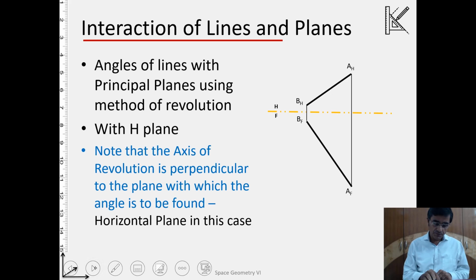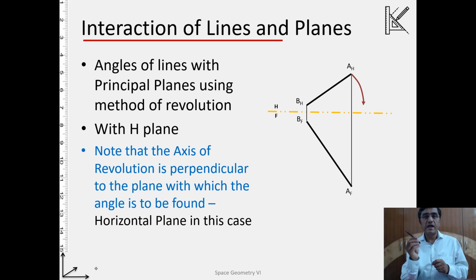So first of all, we'll rotate A by holding B. If you are doing it, what is actually happening? A is rotating. We have done it before. If this is a line, and this line is being projected onto the horizontal, that's B and that's A. It is being projected like this on the horizontal, and also it is being projected onto the frontal. Now what we are doing is holding B and rotating A.